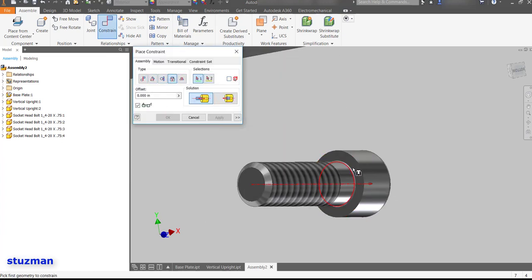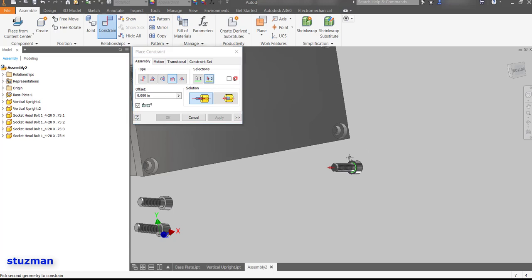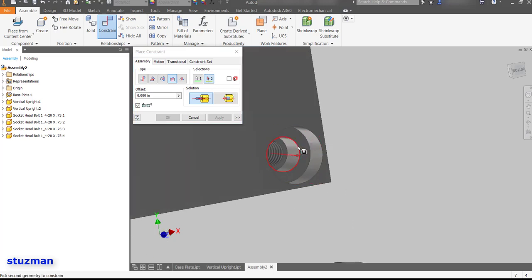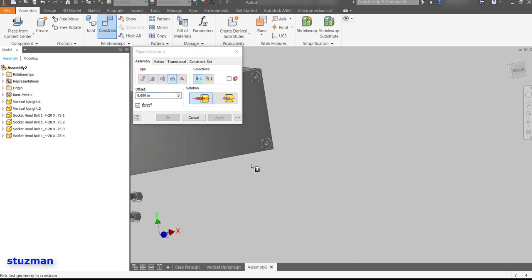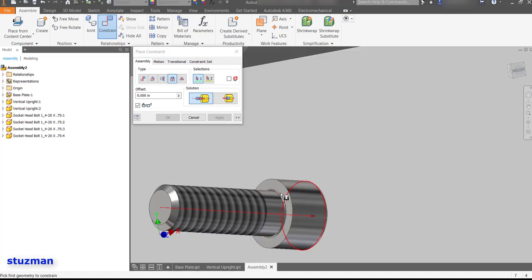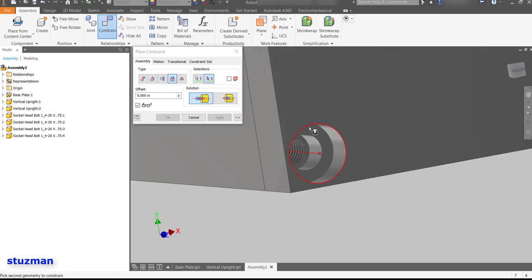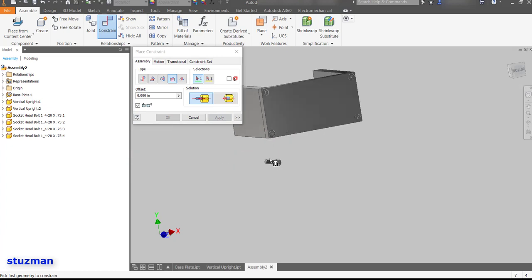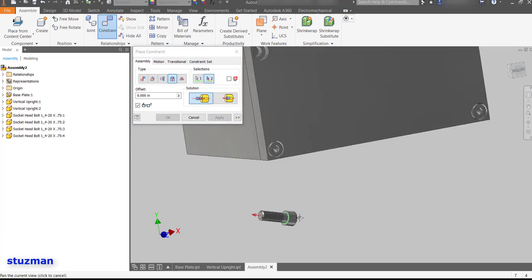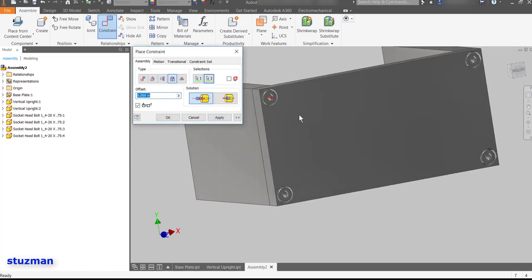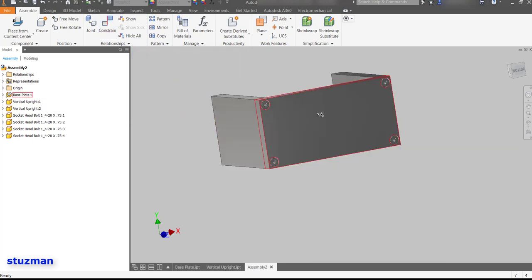And now let's do the constraint here, and say go down to here, and let's go down to here, and finally there. Okay,